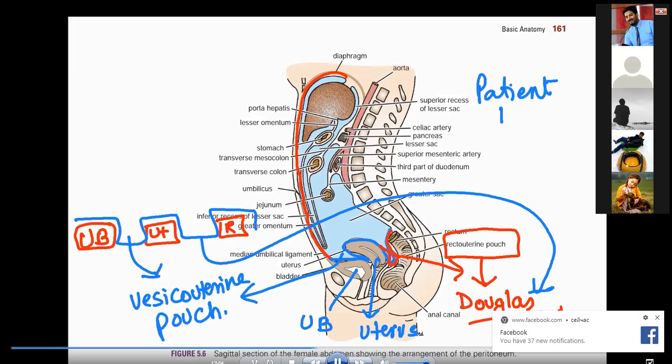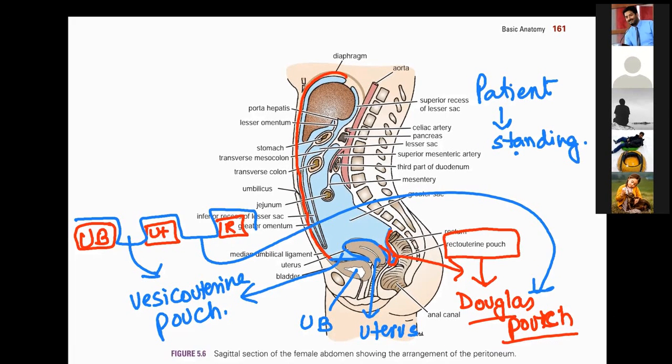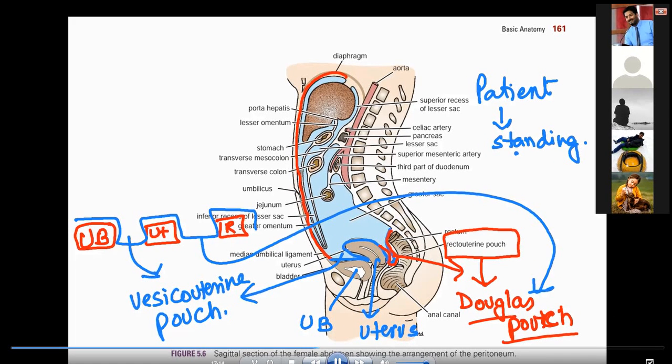So please remember, whenever the patient is in the standing position, and if there is any fluid accumulation in the peritoneal cavity, that fluid is going to enter into this pouch, Douglas pouch. Okay, it is going to enter into which pouch? Douglas pouch. But if the patient is in the lying position, a bedridden patient,